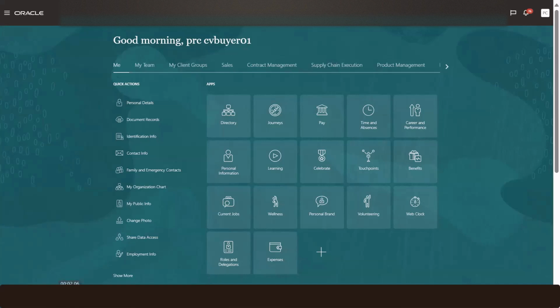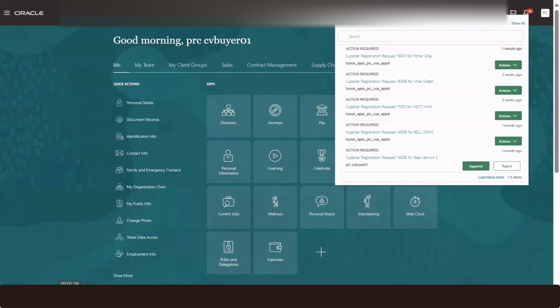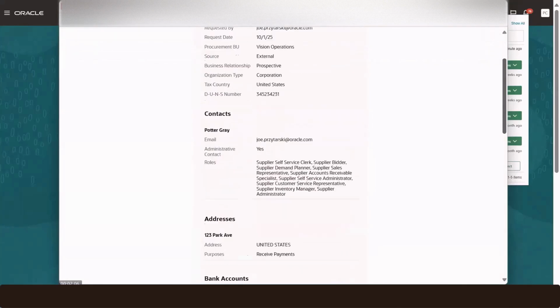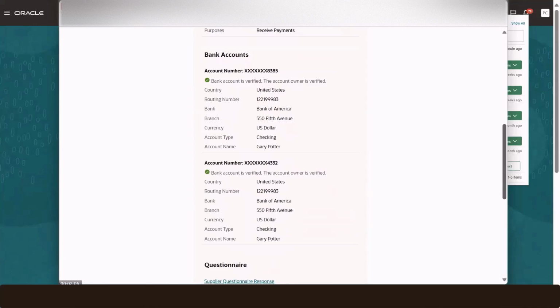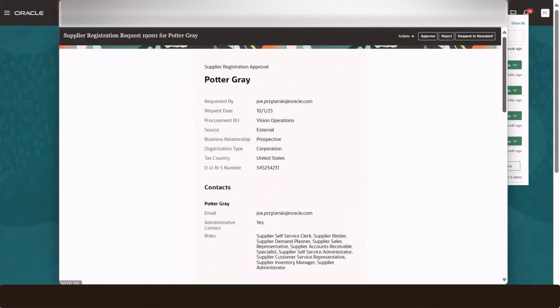After the supplier has made the necessary corrections, the buyer receives a new notification prompting them to review an updated registration request. After the updates, both the bank account and owner's details are now verified. With everything in order, our buyer can confidently approve this